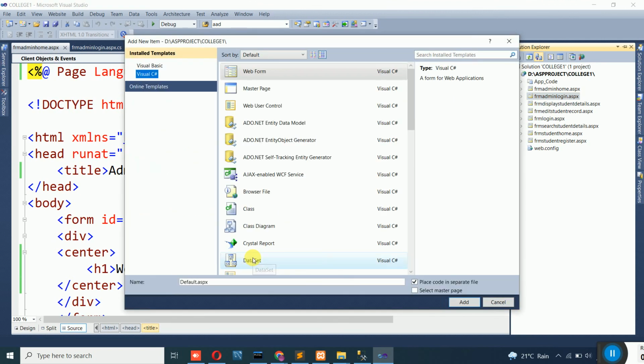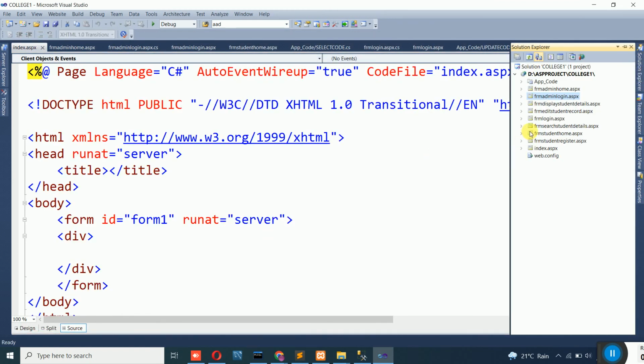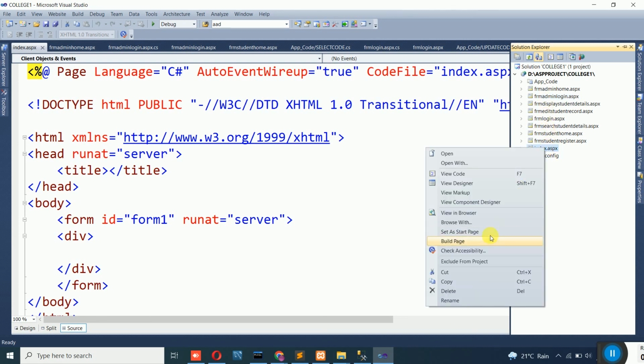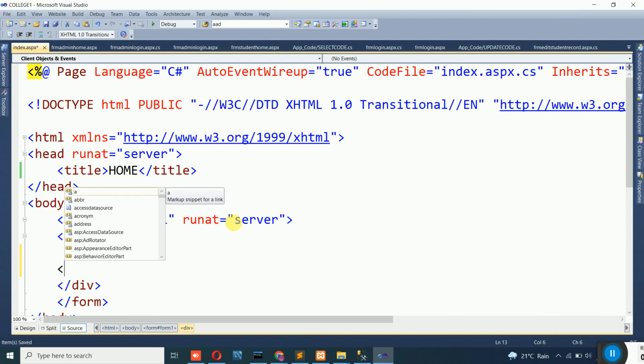I will add one more page called index.aspx, and we will keep this index.aspx as a starting page. Here I will say index, or I'll just call it home. What I will do here is very simple. Use a center tag,